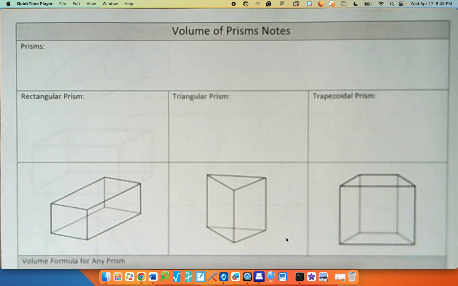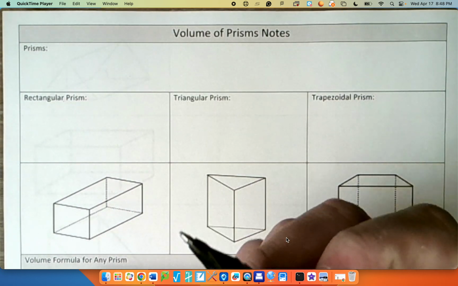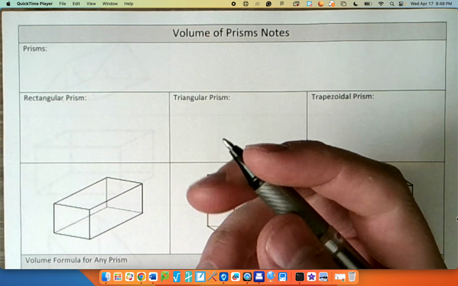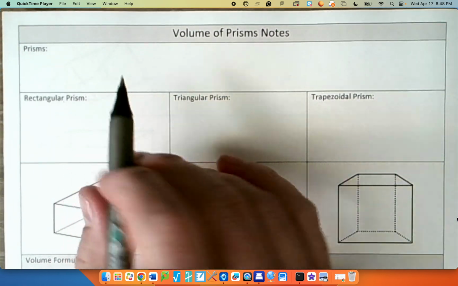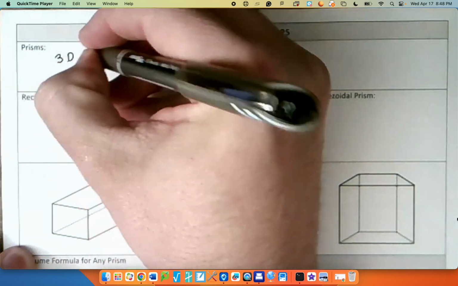Today we're going to be talking about how to find the volume of various prisms. So you should have just gotten done doing the naming 3D shapes. So we're going to do the same thing right here. We're just going to really briefly talk about it. Remember, prisms are 3D solids